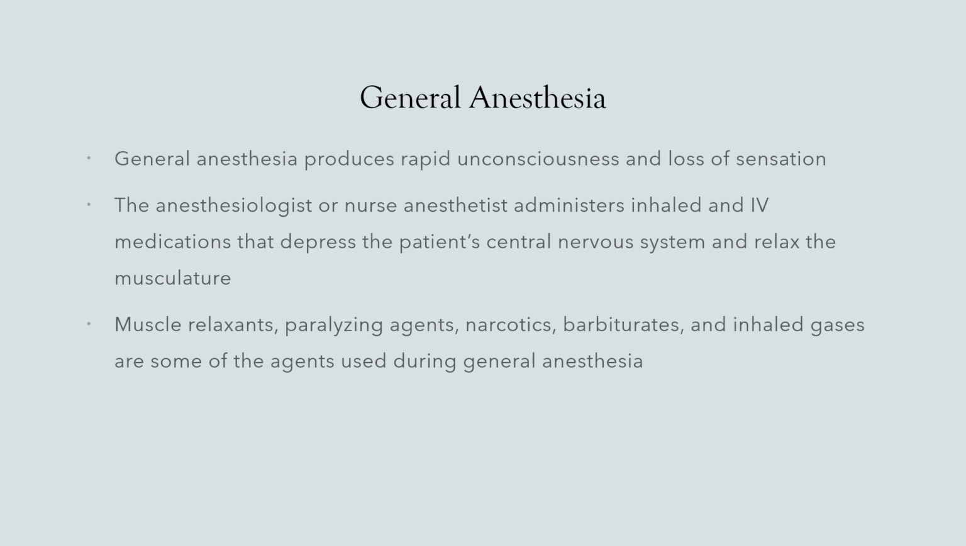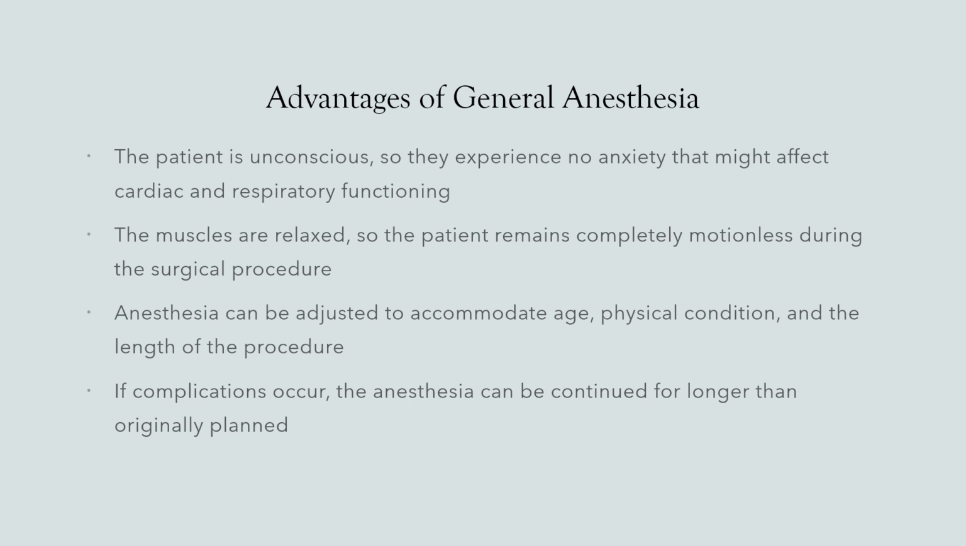So general anesthesia will produce rapid unconsciousness and loss of sensation. The anesthesiologist or the nurse anesthetist will administer inhaled and IV medications that will depress the patient's central nervous system and then relax the musculature. Muscle relaxants, paralyzing agents, narcotics, barbiturates, and inhaled gases are some of the agents that can be used during general anesthesia. The patient will be unconscious, so they cannot